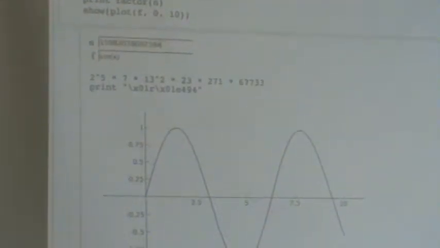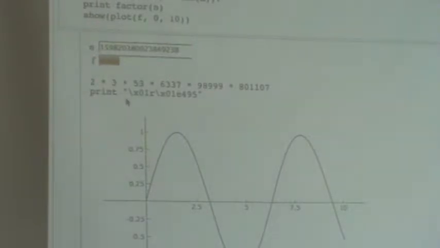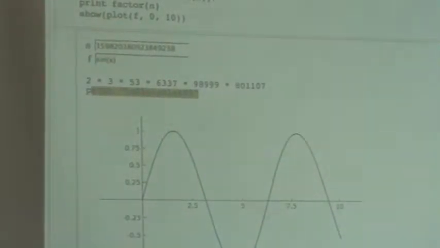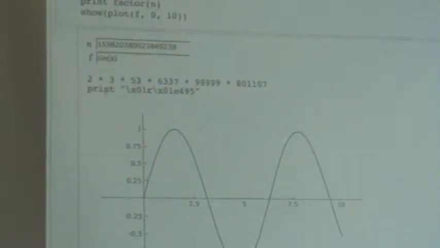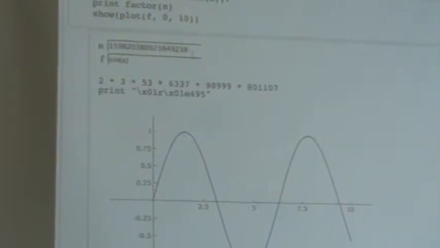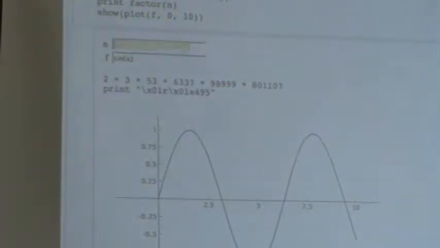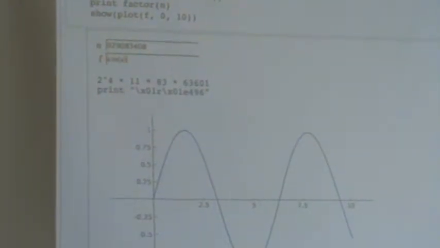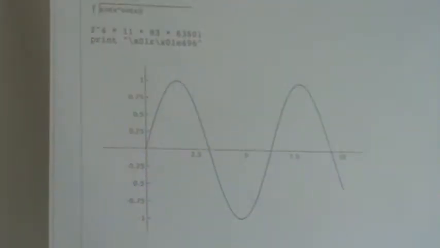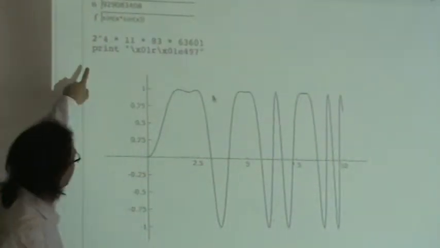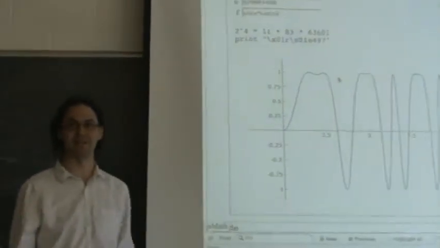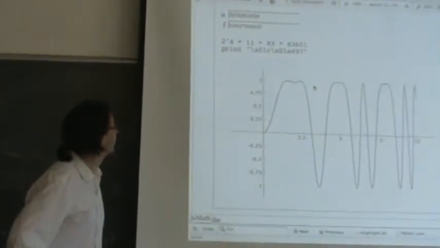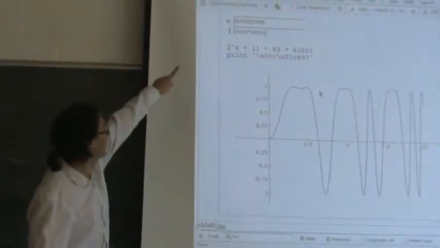So you can see that it factors... God, that's weird. Why does that print there? Well, anyways, as I enter a number, it changes the output. So also with the plot. I don't know why this is here. It wasn't here when I was preparing this in my office, and I'm really annoyed by that. But I will say nothing further about it.